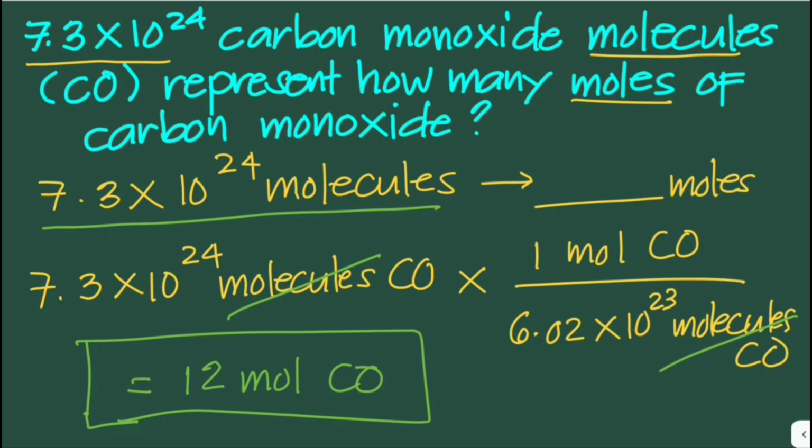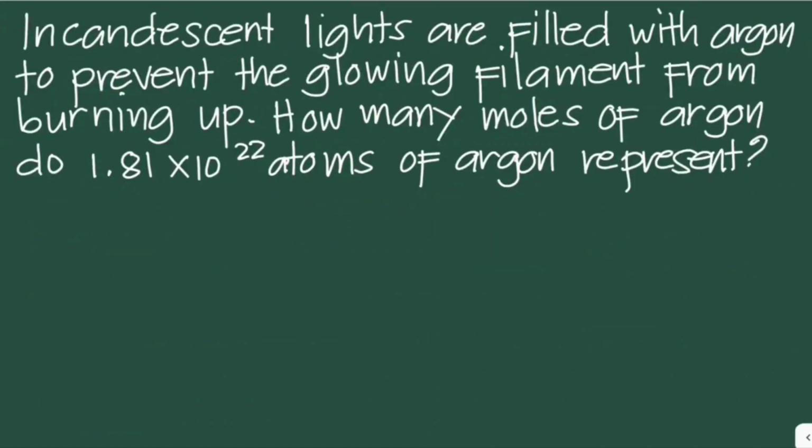All right, let's solve another problem here. Incandescent lights are filled with argon to prevent the glowing filament from burning up. How many moles of argon do 1.81 times 10 to the 22nd atoms of argon represent? So in this problem, we're given the number of atoms of argon, and then we need to convert that to number of moles. So that is 1.81 times 10 to the 22nd atoms